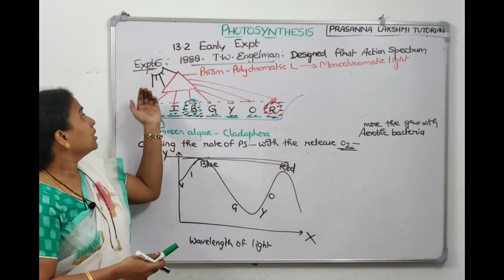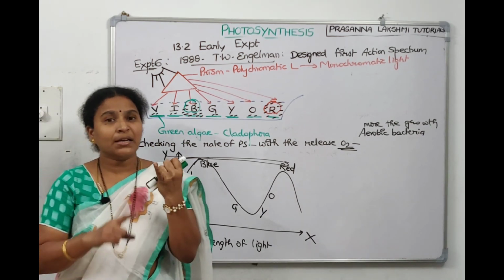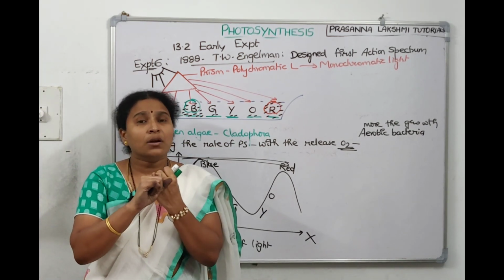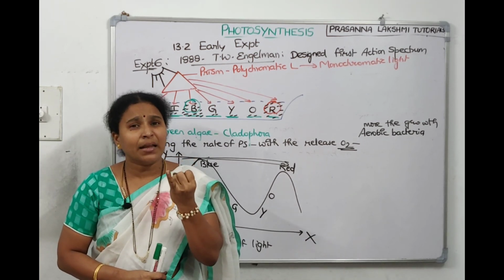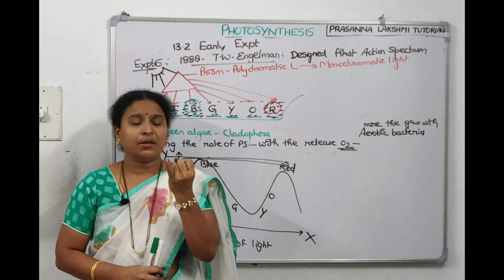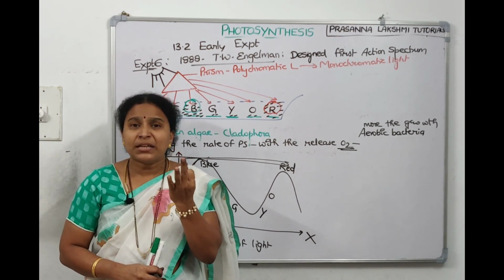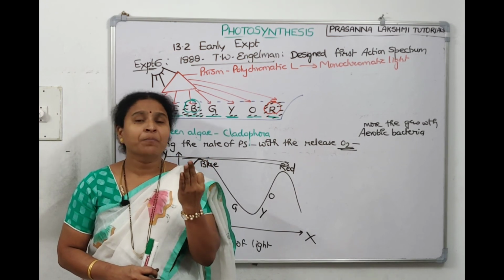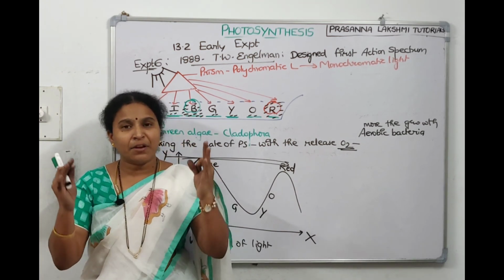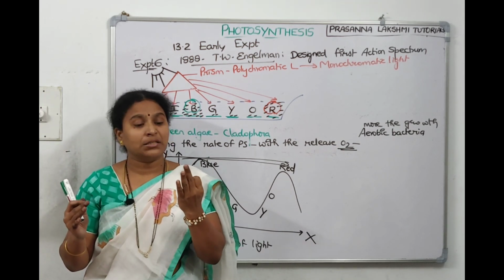Understood, children? This was our 6th experiment, right? The first experiment is the variegated leaf experiment. Only green parts will do photosynthesis. That's the inference. The second experiment is Moll's half leaf experiment. Carbon dioxide is required for photosynthesis. Third experiment, Priestley's bell jar experiment. He tells that the mice and the candle will turn off when we suffocate them in a closed container. When a plant is there, the plant will restore the components.